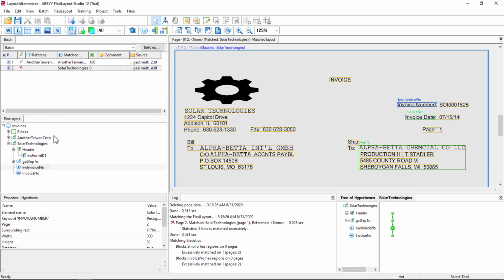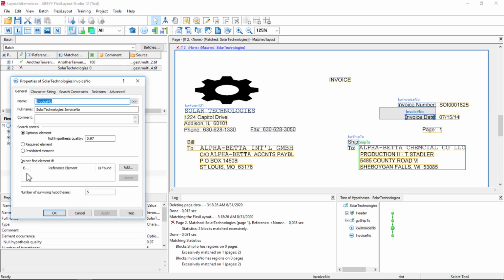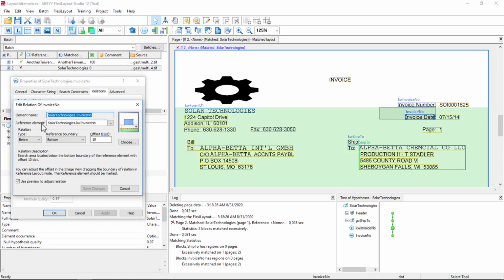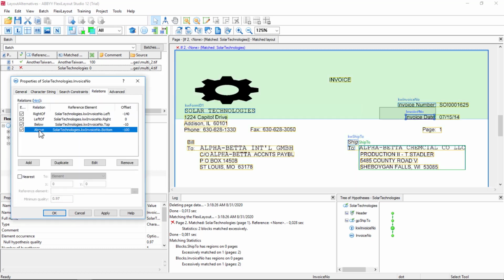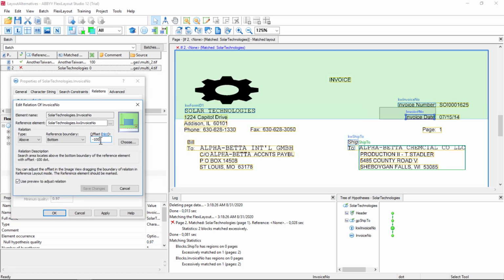Great. Now we will change the relations in our character string element. We want to look below the bottom with an offset of, actually we want to look with a negative offset, say -10, and we want to change that to below top. So that is a proper upper boundary. And then above the bottom with an offset of -10,